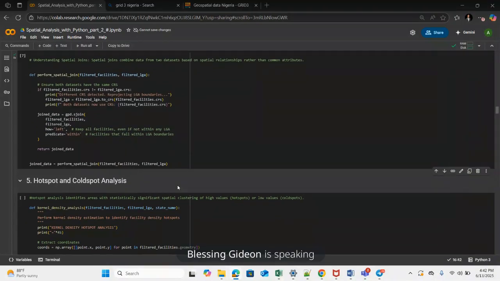So one of the things that we are going to do today is see the hotspot areas in Gombe State. So what does hotspots mean? Hotspots is about